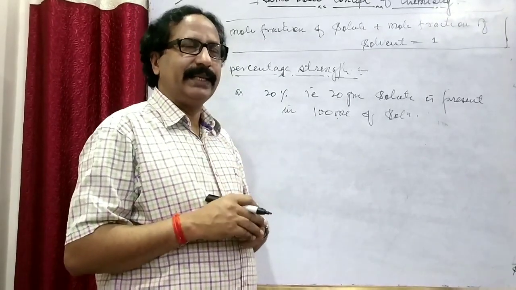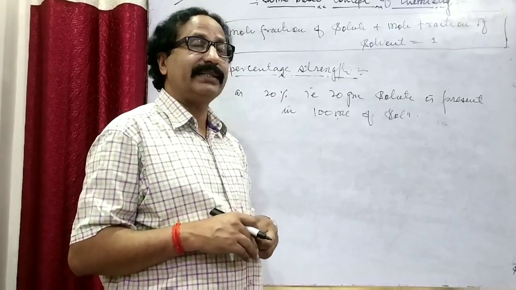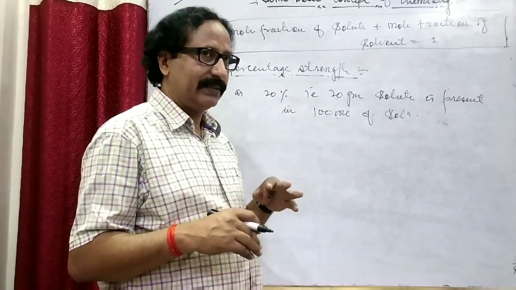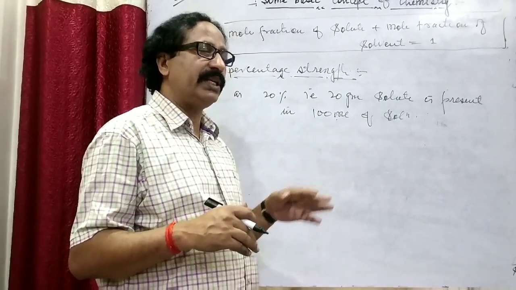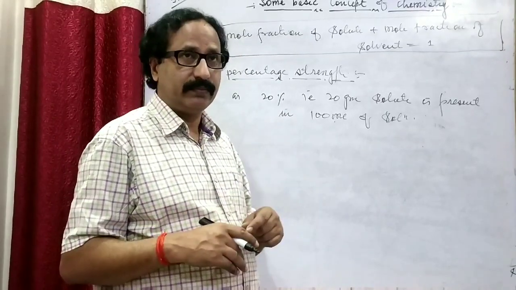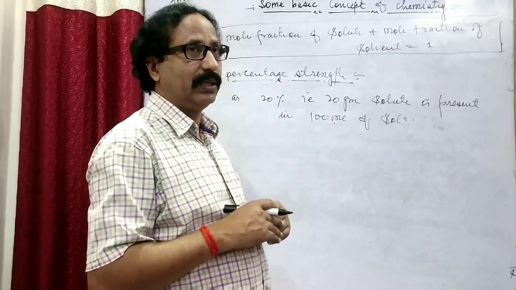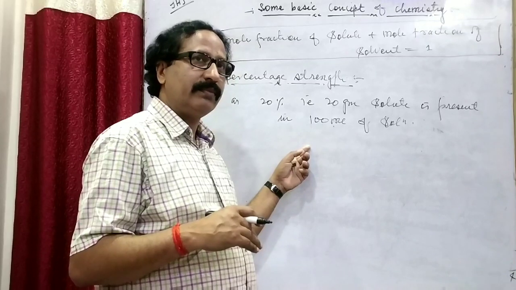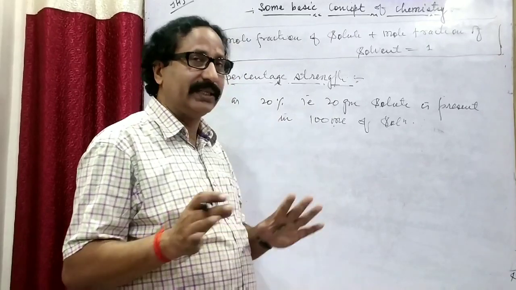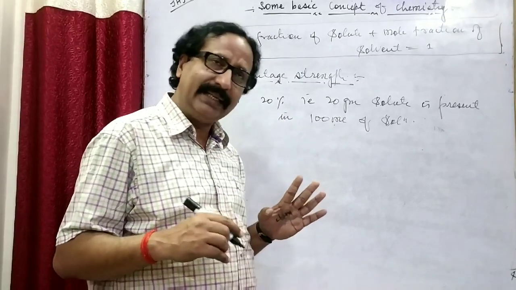One thing that is necessary, in case of the percentage strength, we can decide by two ways. Percentage strength by mass, in this case, the weight of solution is given in gram. And second part, percentage strength by volume, in this case the volume of solution is given. And in case of weight percentage, weight of solution is given. Right.